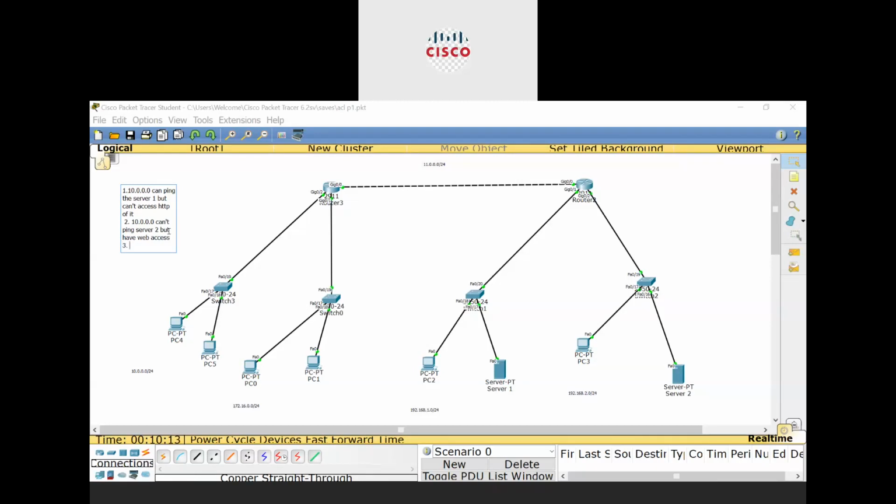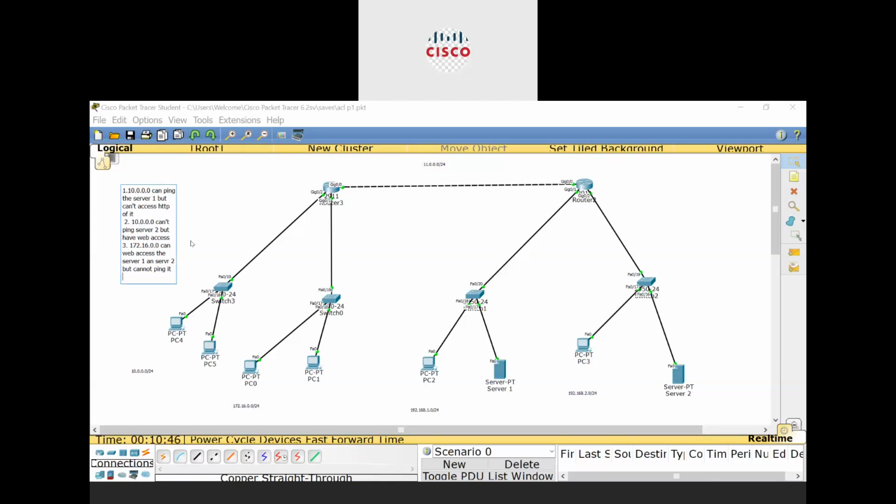And the third rule is 172.16.0.0 can web access server 1 and server 2, but cannot ping it.